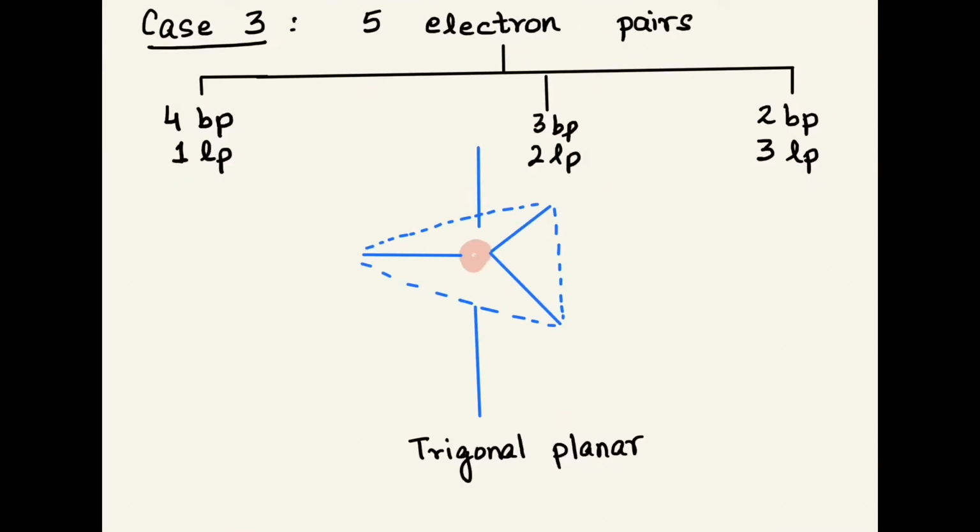There we go. 5 electron pairs. So we could have 4 bond pairs. Of course, first is the original case where we had the trigonal planar structure. I hope you can recall whatever we did in lesson 1. Now let's start replacing the bond pairs by the lone pairs. So we've got 4 bond pairs, 1 lone pair, 3 bond pairs, 2 lone pairs, 2 bond pairs, 3 lone pairs. Oh my God, becoming difficult to understand, right?